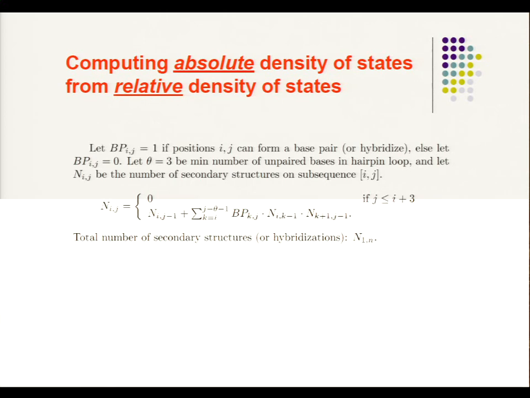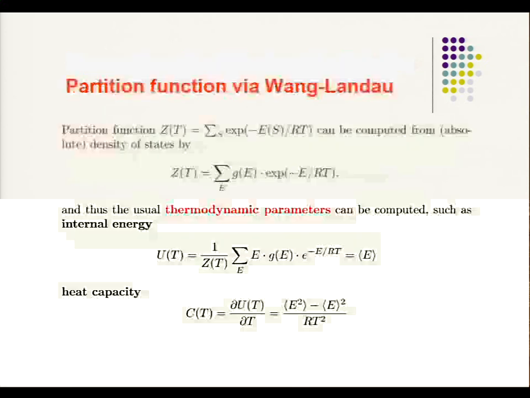There's a cubic time algorithm to count the number of secondary structures or the number of hybrids of secondary structures, so if you're simply interested in the number of structures, it's a straightforward program. From that, you multiply the relative density of states to get the absolute density of states, and you compute the partition function,